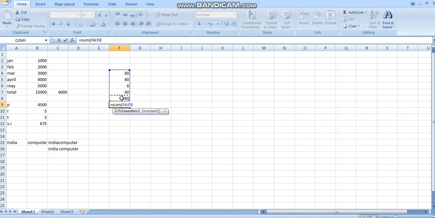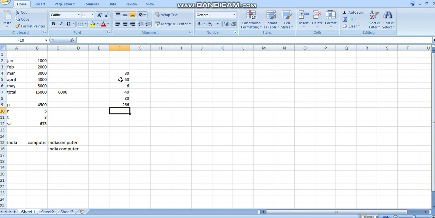See, a rectangle is formed. I'll close this bracket. This rectangle from 80 to 80 is basically called a cell range. It is represented with a colon in between. If I press enter, see, the total is here. This is called a cell range.